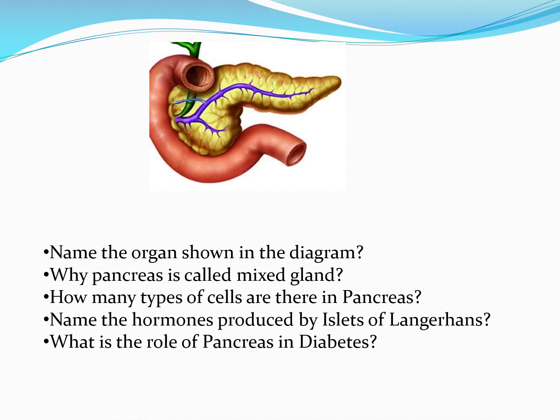Last question, what is the role of the pancreas in diabetes? Here, due to undersecretion of insulin, diabetes mellitus results. Actually, insulin and glucagon, both the hormones, regulate the blood sugar level in the body. Insulin is secreted whenever you find a hyperglycemia condition. That means when a high blood sugar level is observed, insulin is secreted so that excess glucose molecules are converted and deposited in the form of glycogen.